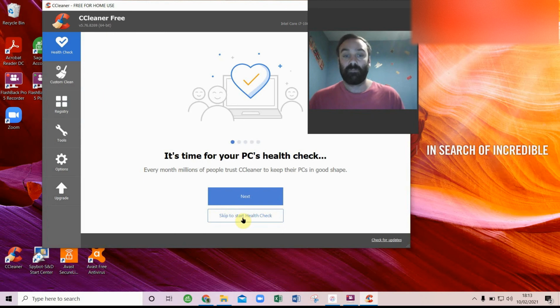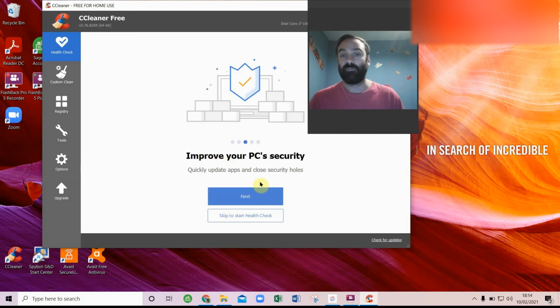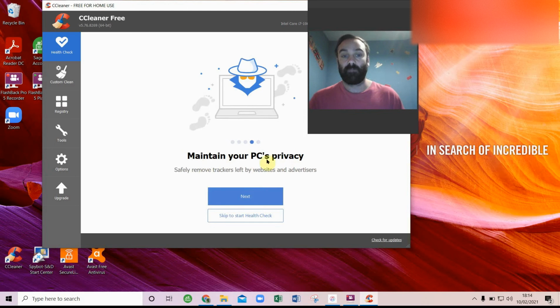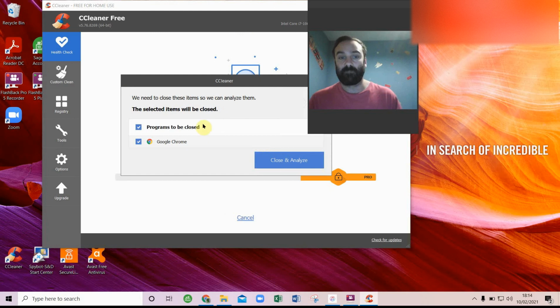So on here you can either click next and it will tell you what it's going to do. So loads of people use it to make sure it's in good shape. Boost performance, improve security, maintain privacy, and get more disk space. Can also be handy if you're filling up the limits on your drives. So click start health check. It will close any programs it needs to close,